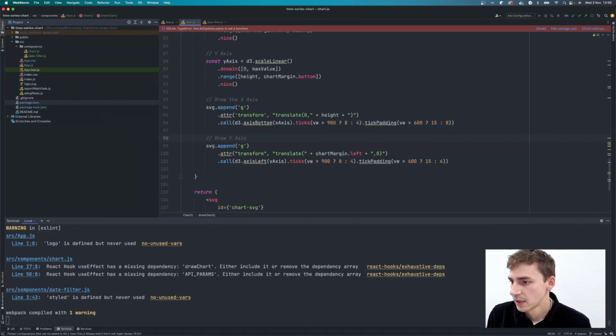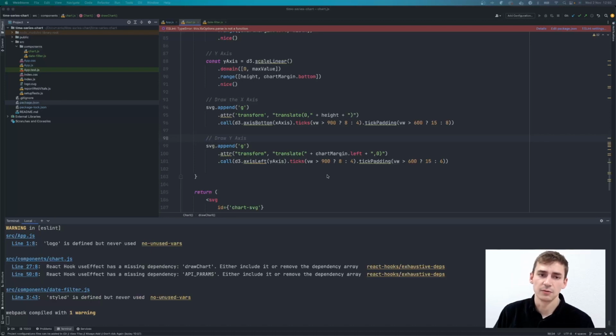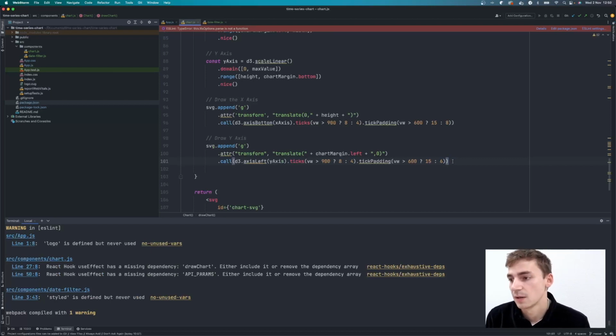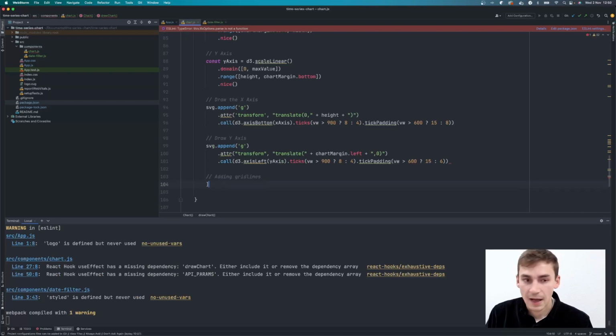So the next thing that we want to do is just add some grid lines into our chart to make it more usable. So we're going to do that in a very similar way to adding the axis. We're going to use the group attribute. So we're going to append some groups to our SVG, and we're going to transform and translate them again so that they're appearing in the right places. And then we're going to call our axis functions again, which is then going to periodically draw our grid lines, sorry, at all of the tick points that are on the chart. So adding grid lines here,